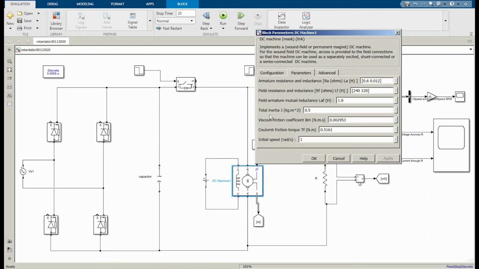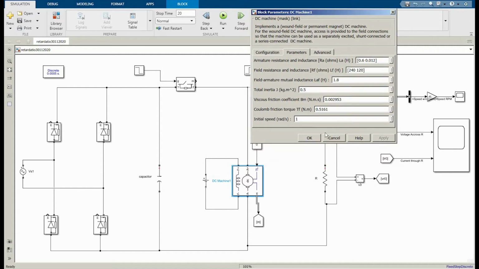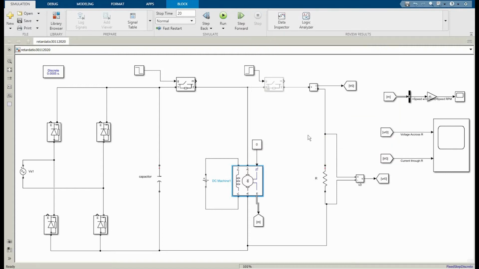So we will verify our calculation through the total inertia J, which is given in the data. So quickly run the simulation and we will follow the steps. First step is to run the motor to near the rated speed, disconnect, and let it slow down, and we will obtain the speed curve, or say the slowdown curve. So we will measure its speed. From here we will get the slowdown curve.